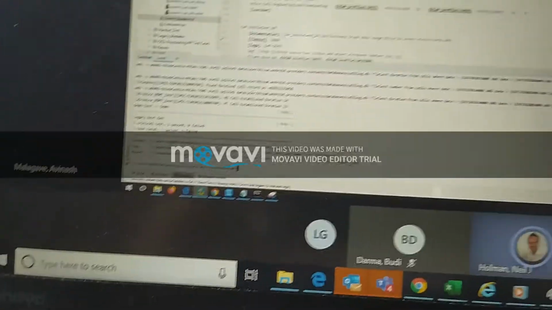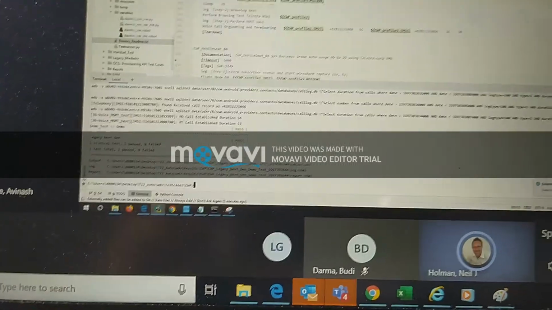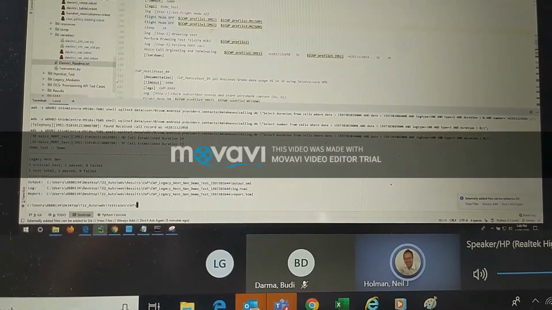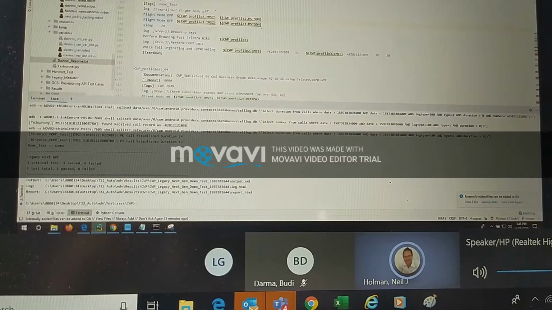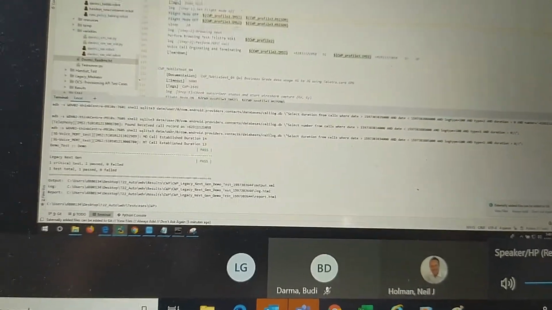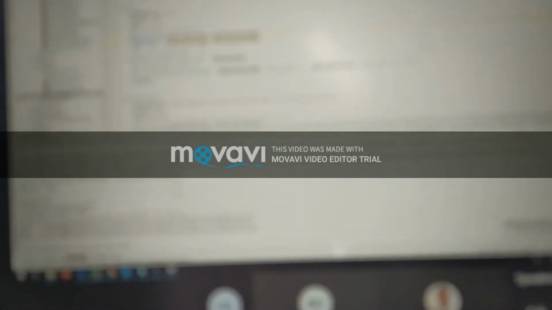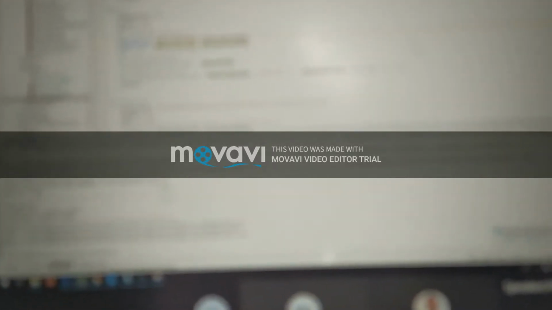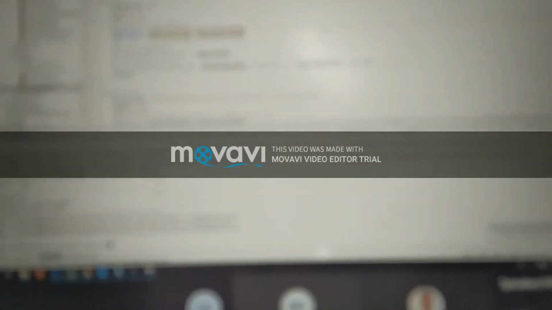So Avinash, how does PyCharm control the SDF device? It's Python at the backend. PyCharm is using Robot Framework as a framework, and with Robot Framework we have integrated all these py files, if you can see on the top. Robot Framework is calling those py files, and those have the integrated commands in there. And those commands are actually calling the ADB command and performing all these test cases.